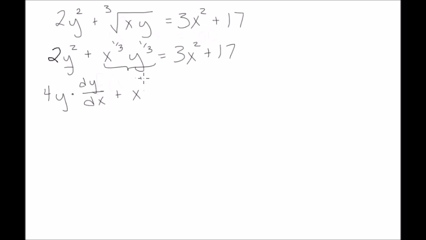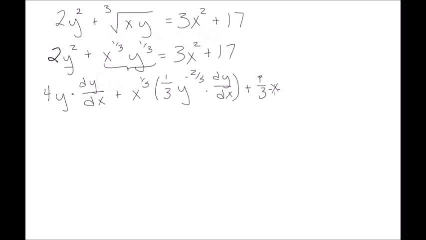I have x to the 1/3 unchanged times the derivative of y to the 1/3. So I need to use the power rule on the outside function. I get 1/3 y to the negative 2/3 times the derivative dy dx. And that's the first of the terms for the product rule, plus